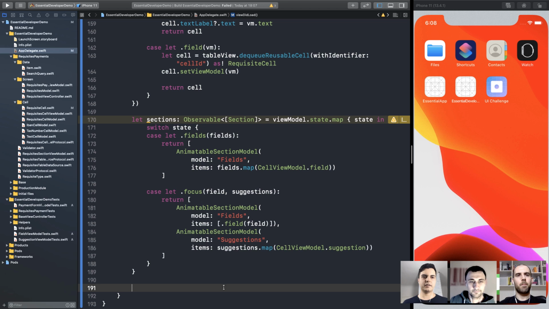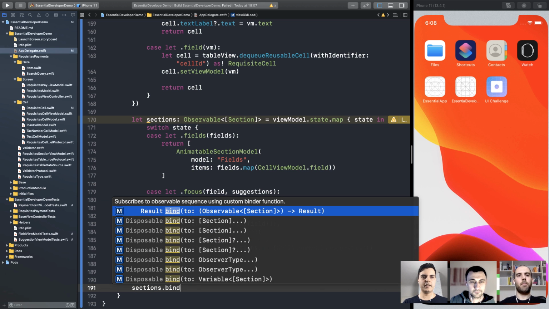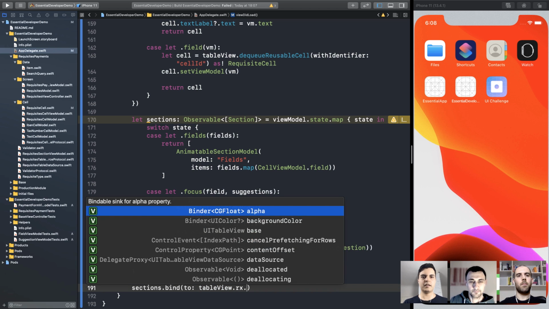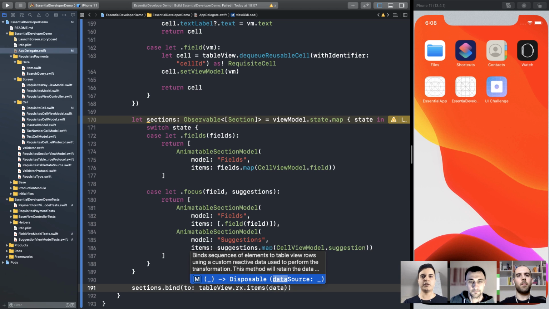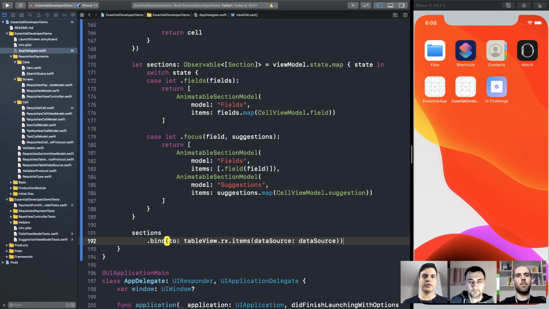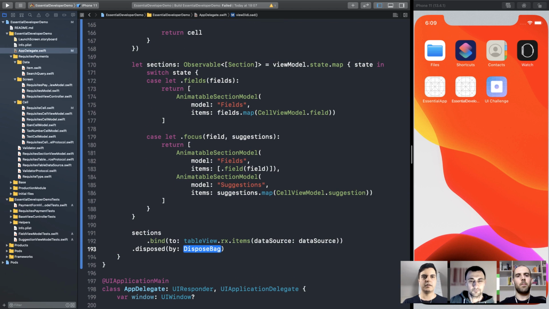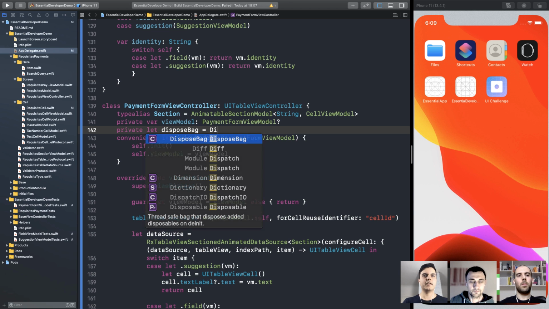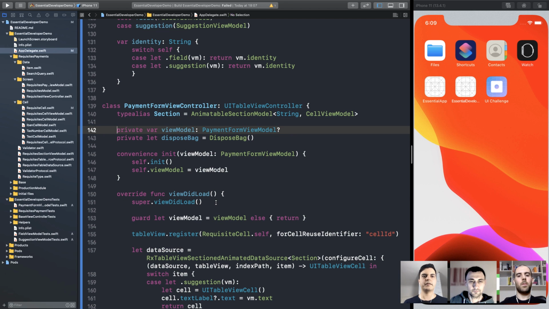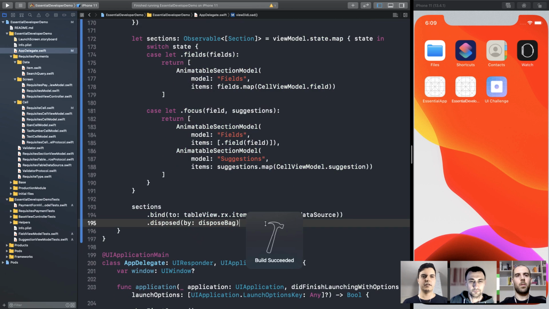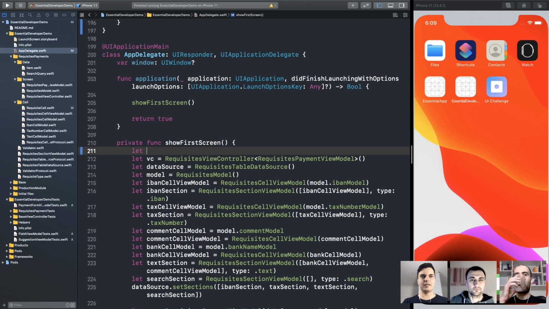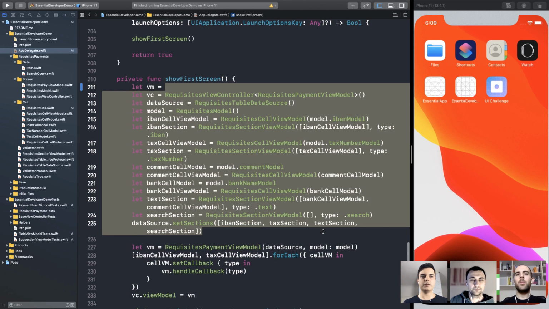And now we need to bind sections.bind to table view Rx items, passing the data source. And of course, we need to dispose that with a dispose bag. So we need a dispose bag. Okay. Now we need to set that. Right. Instantiation. Let view model equals